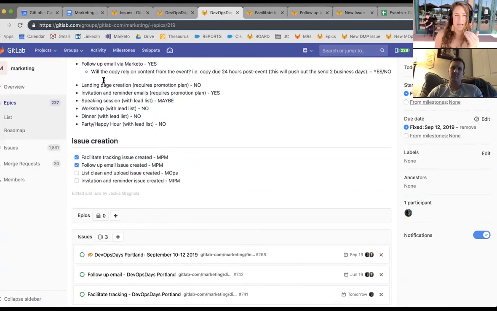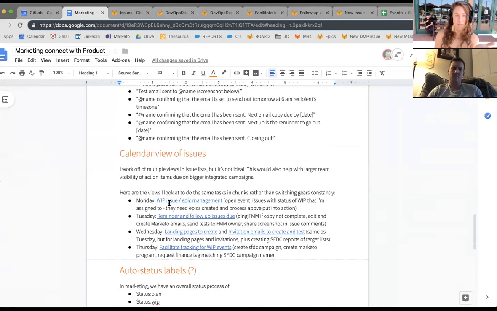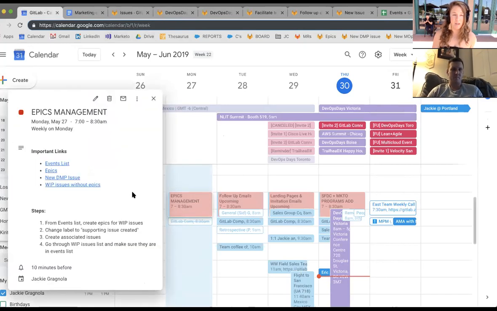And to show you how it now visually appears, the way I work out of, and it's documented at the bottom, is a calendar of views. If I could just look at this week, what's due what day, I can easily prioritize what I need to work on. But because I can't see a calendar of my upcoming issues, I work out of these issue views in my calendar, where on Mondays I focus on managing all the epics.